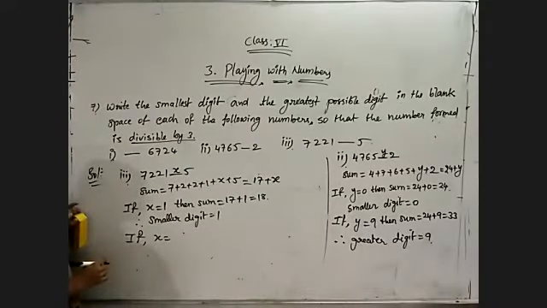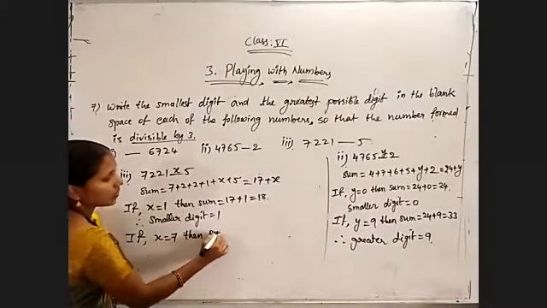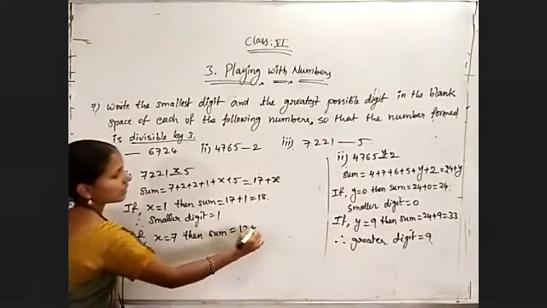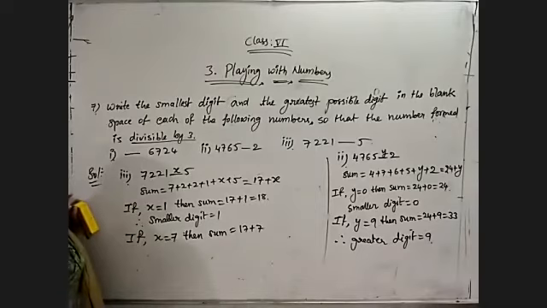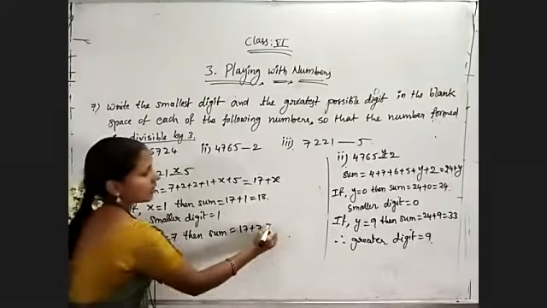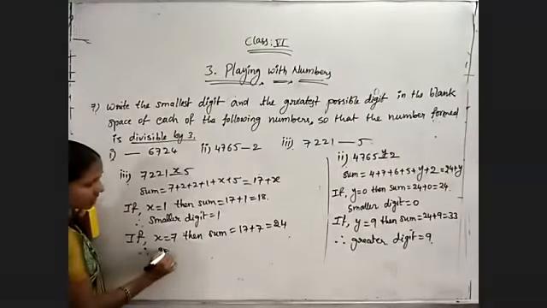Do we get 26 in the 3 table? No. Now coming to 17 plus 8, 25. 25 also I will not get in the 3 table. 17 plus 7, 24. So x value is 7. X is equal to 7, then the sum is equal to 17 plus 7. If I take 8, 17 plus 8, I get 25. 17 plus 9, I get 26. So those two will not be in the 3 table. 17 plus 7 is equal to 24. So the greatest possible digit is equal to 7.